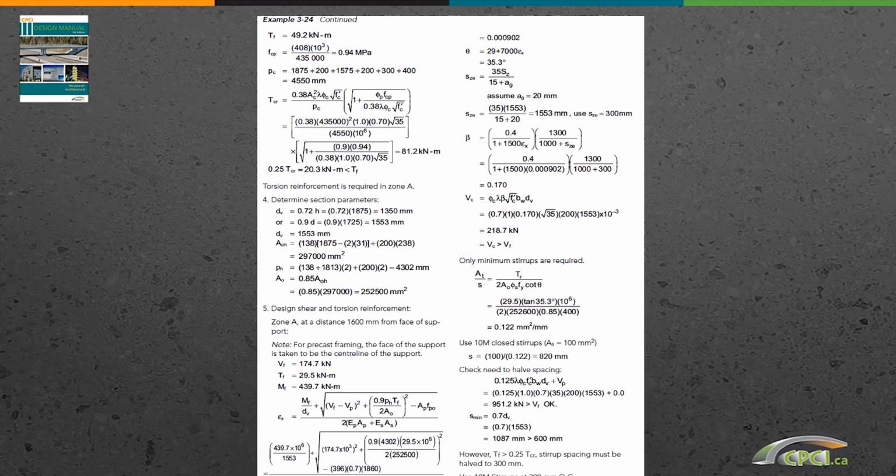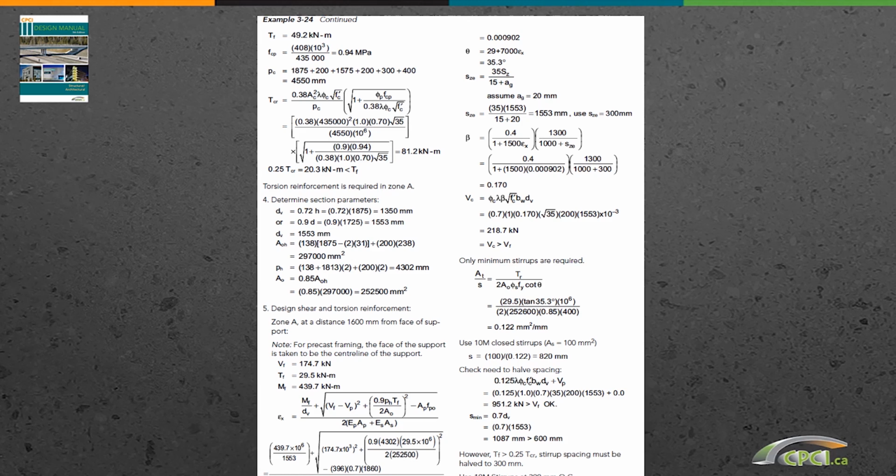Then the strain in that particular section, we're starting at section 1600, zone 1, calculate the strain. Then to calculate the strain, you calculate theta and beta, and then you calculate V sub C using this formula that has torsional effect in it. Remember, we said that we need to use the special formula that has torsional effect in it. You calculate beta and theta, and then you calculate V sub C. And then from V sub C, you calculate the required reinforcement and find out the required stirrups are